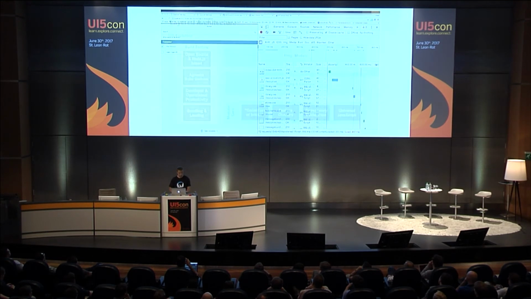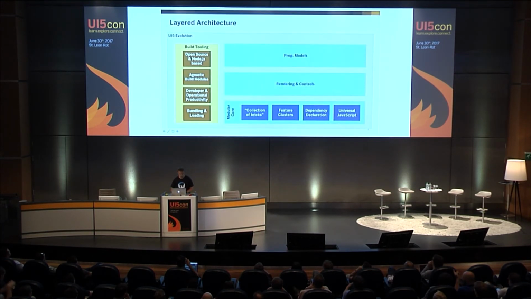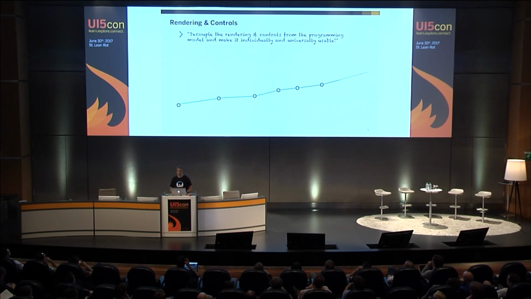Okay. Back to the slides. So this was build tooling. The next thing is about rendering and controls. So for rendering and controls, we would like to have a decoupling of our rendering and controls layer from what we have with our programming model. And this is, if you think about that, what I visualized in the beginning a bit with this modularization. It's really that we want to make this controls and rendering layer,